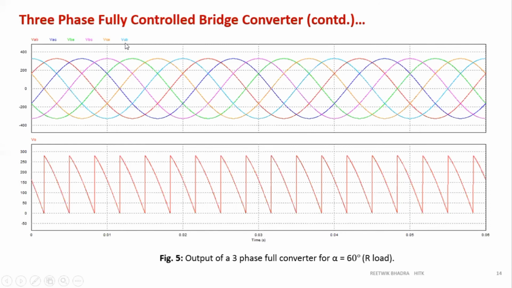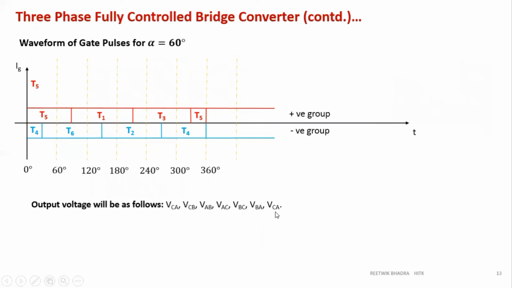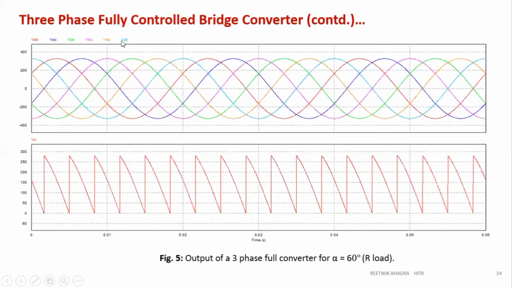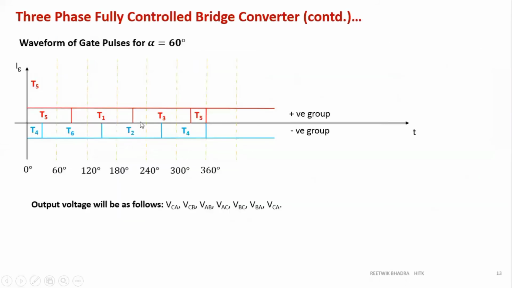So which plot are we doing? VCB only. Like this, you can compare with this figure. All these waveforms I have written over here. You can compare, take these lines from here, VCB, VCA, and draw it accordingly. So this is how simulations can be done, and this can be explained also. Next, you can take the last one, T5, T4. If you go to the main figure, you will find that it is VCA again.